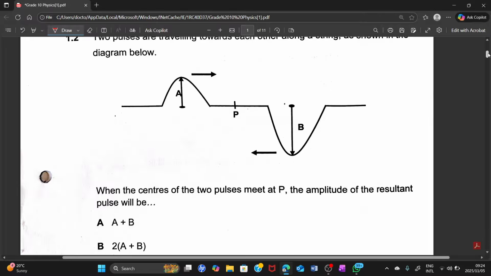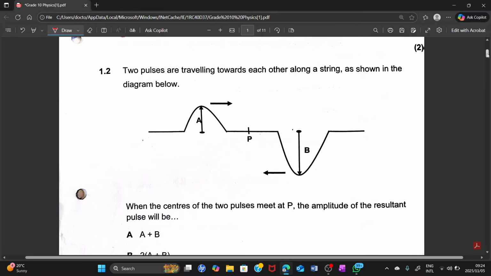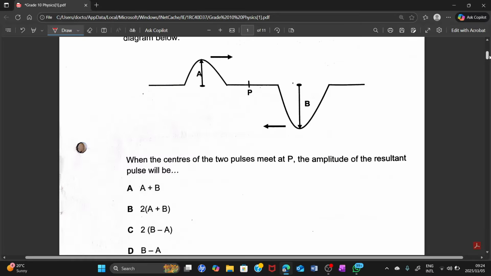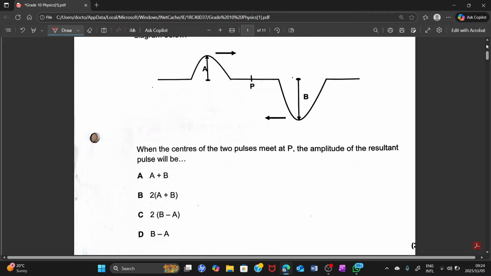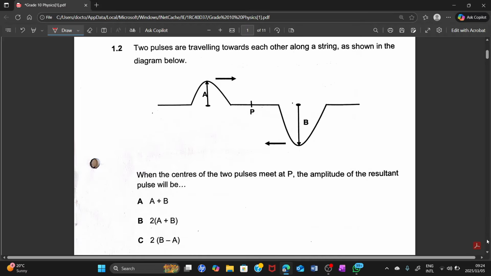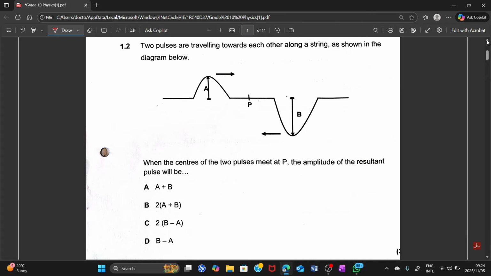1.2. Let's look at 1.2 together. You can see the question. What does it say? Two pulses are traveling towards each other along a string, as shown in the diagram below. Those are the two pulses that we see. When the centers of the two pulses meet at P, the amplitude of the resulting pulse will be,